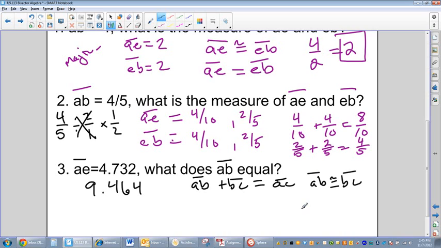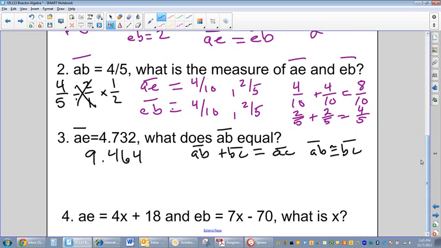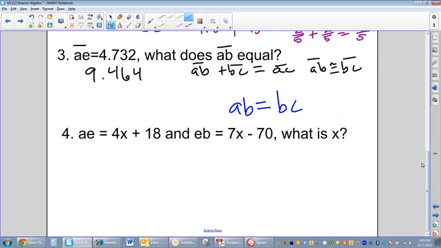So a postulate is something that we accept without proof. Okay, so if AB is congruent to BC, we've already answered this. AB equals BC. So taking that piece of information,